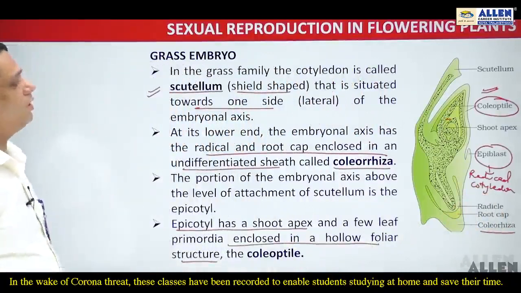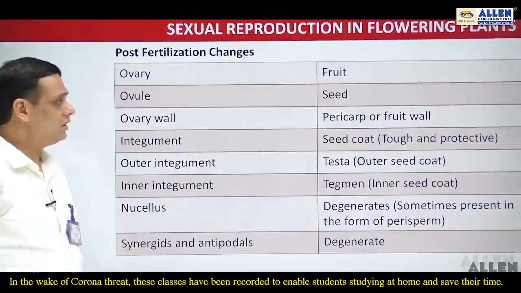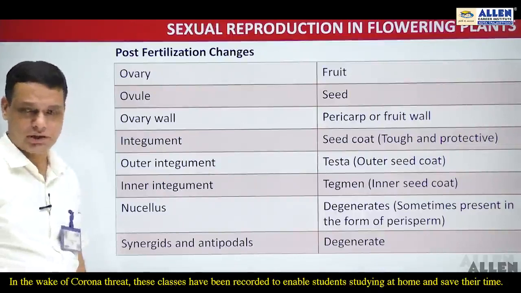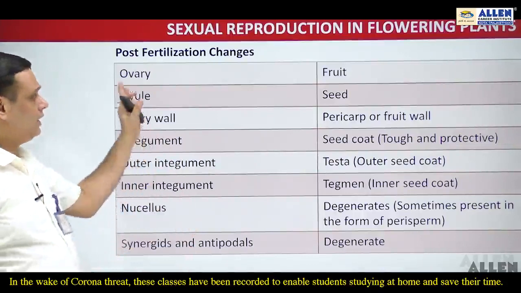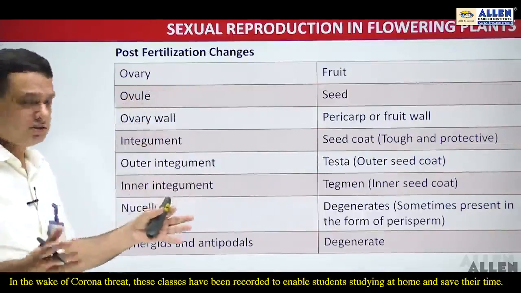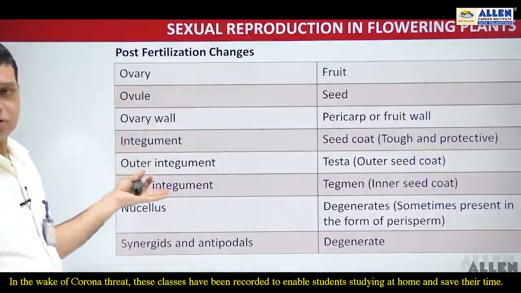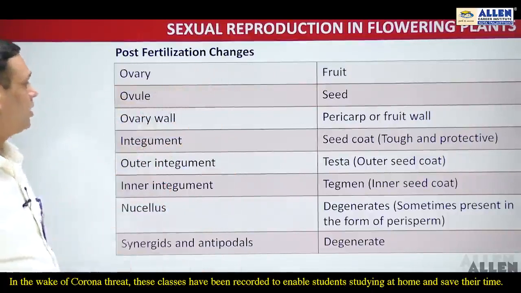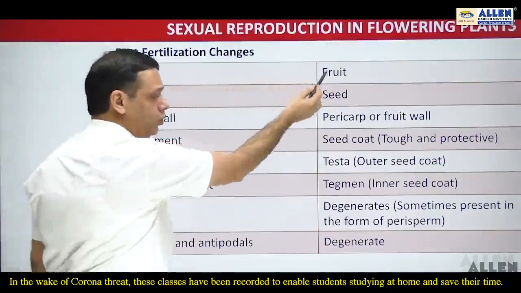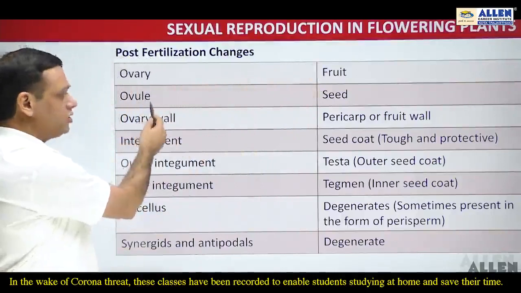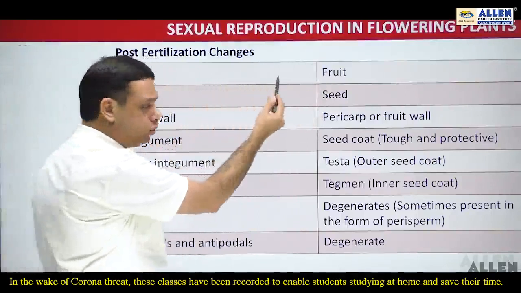So this is all about the grass embryo. Now there are certain post-fertilization changes. After the completion of the post-fertilization events in a plant, certain parts get converted into other parts. Short answer questions can be asked from this part also. After post-fertilization, the ovary is converted into fruit, the ovule is converted into seed,